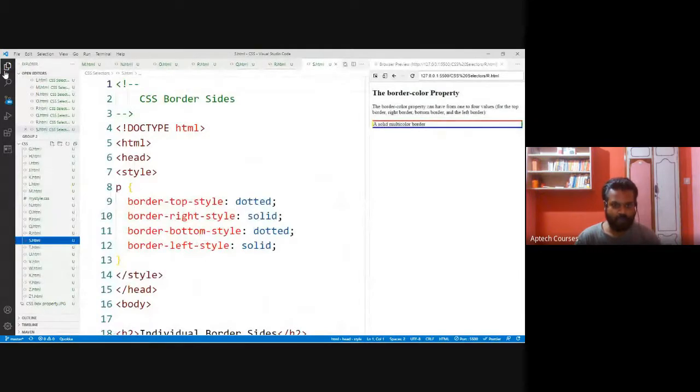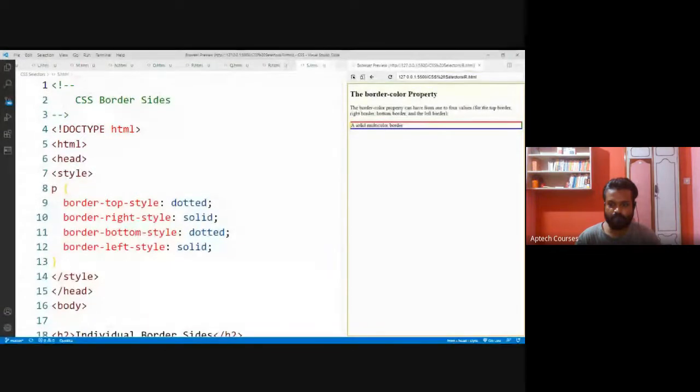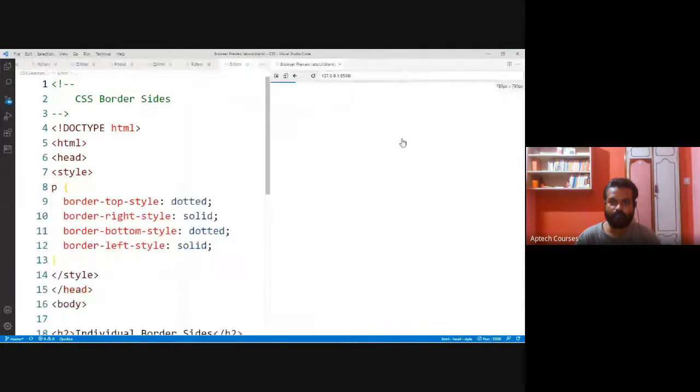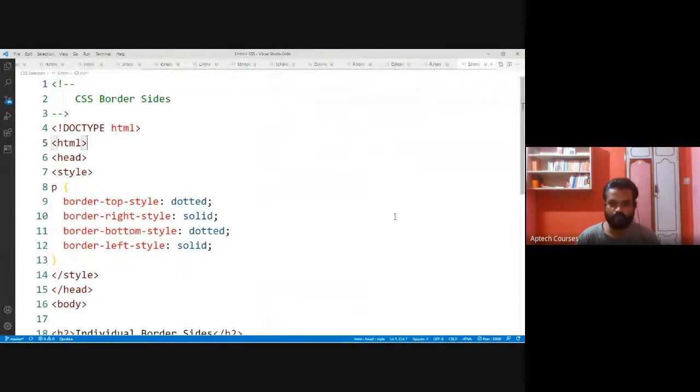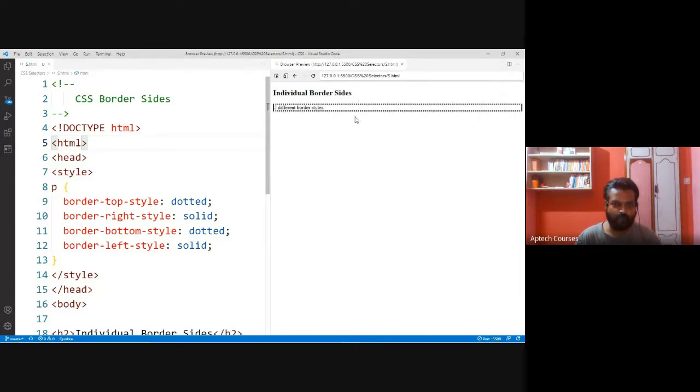Here, each side we can go for dotted, solid, anything. So here on the sides it is solid, on top and bottom it is dotted.